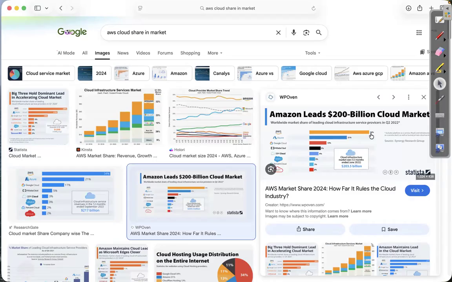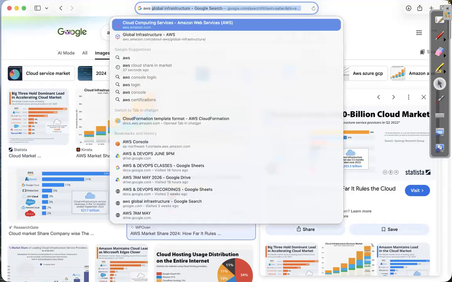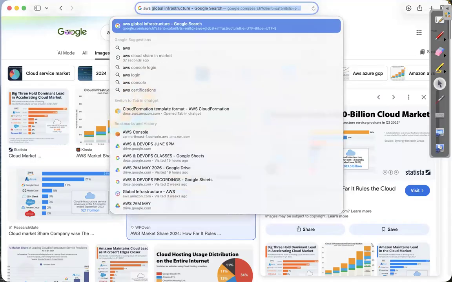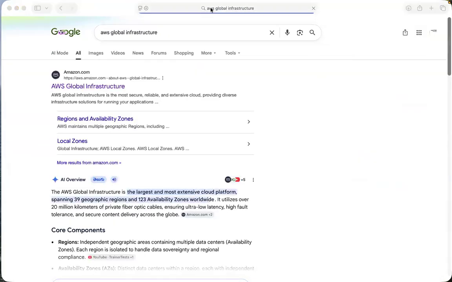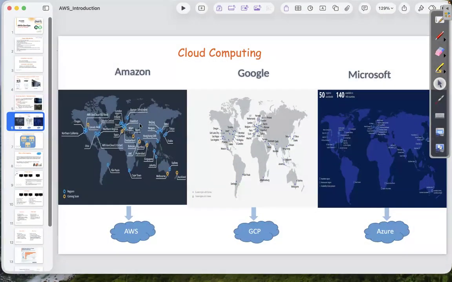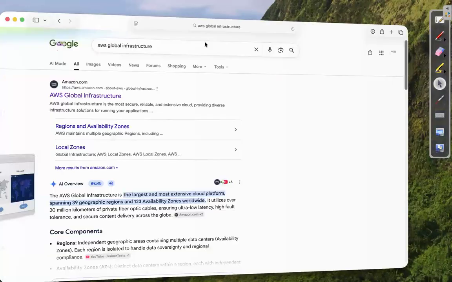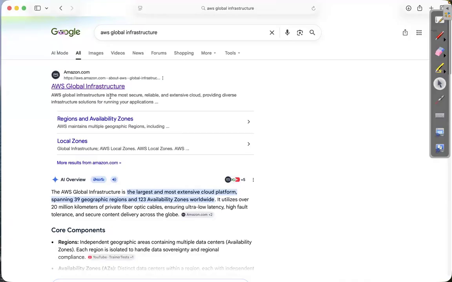Okay. Now, next coming to AWS global infrastructure. The same thing, whatever we have discussed here. Global means across the globe where Amazon is having infrastructure. Let us find out from the official documentation.